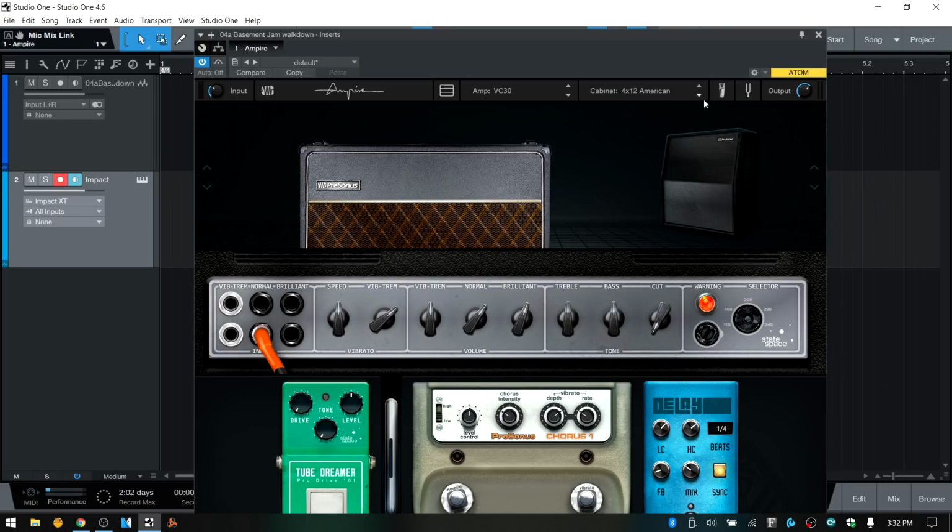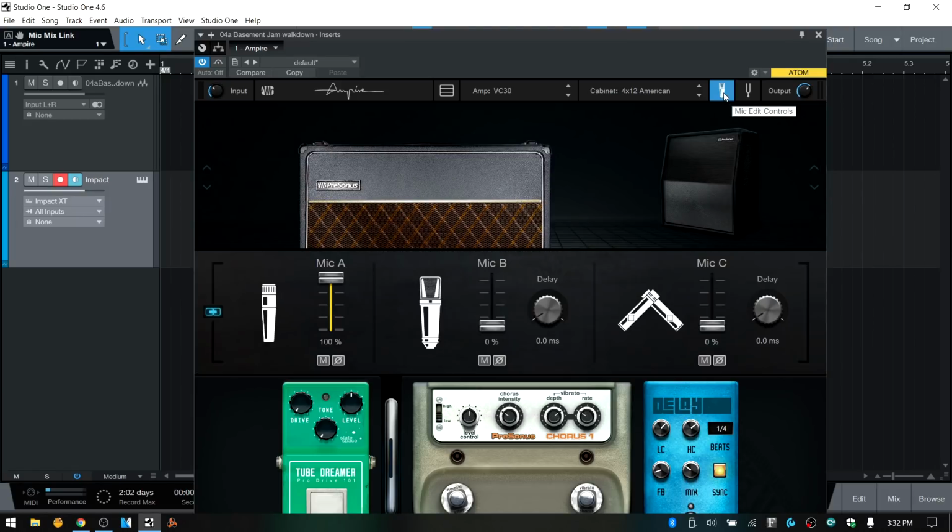Okay, so next to that, we have some mic position controls. When we click on this icon here, we can see mic A, B, and C. We can choose the positions of these, and by default, these are all going to be linked together. As I turn mic A down, then mic B will be turned up. If I increase the level for mic C, then mic A and B will be taken down, relatively speaking. So we can see that these are going to be adjusted in relation to each other while we have this